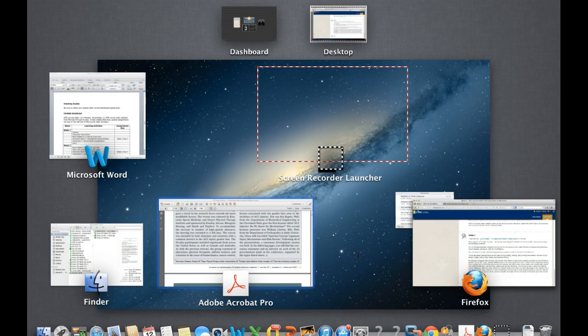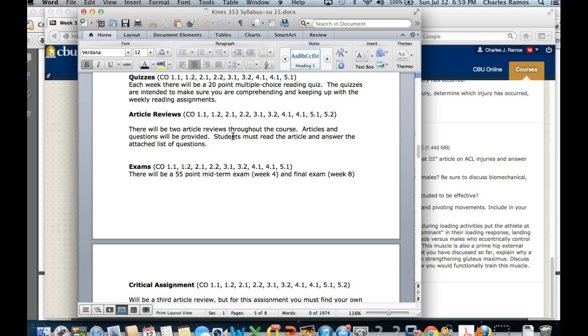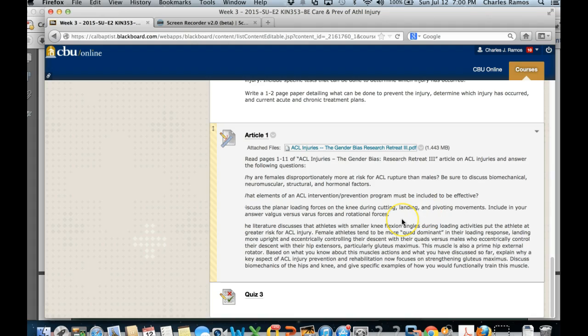I believe in the syllabus, there's no specific number of pages, but I'm telling you right now, on average, this paper should be at least 2 to 3 pages at minimum. I believe to fully answer all of those questions, you need at least 2 to 3 pages, if not more. So if you're wondering how many pages it should be, that's about what I've gotten in my other classes for really good, well explained article reviews. So just to give you a heads up about that.